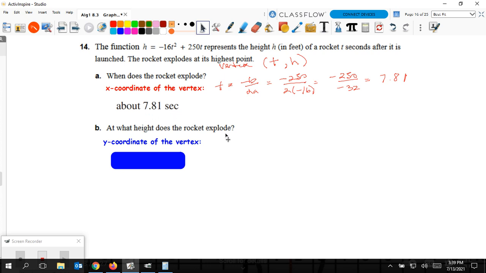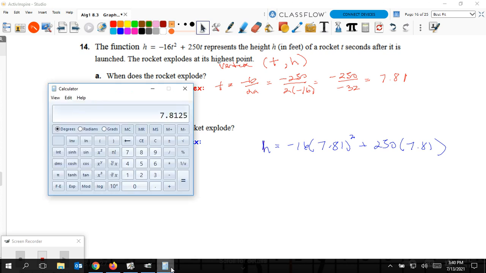At what height does it explode? We've got to find now the y-coordinate. So we've got to plug this into here. So it's going to be h equals negative 16 times, so here's our t, 7.81 squared plus 250 times 7.81. So we definitely want our calculator again to help us figure this out. So first of all, what's 7.81? So we can say this squared, if I just hit the squared button, I'll get that,